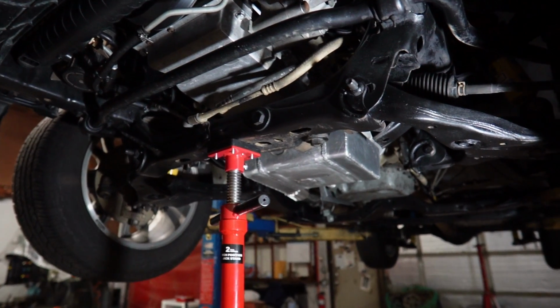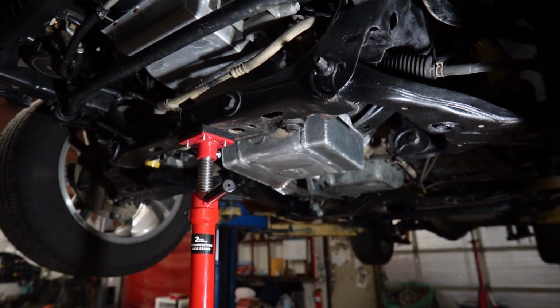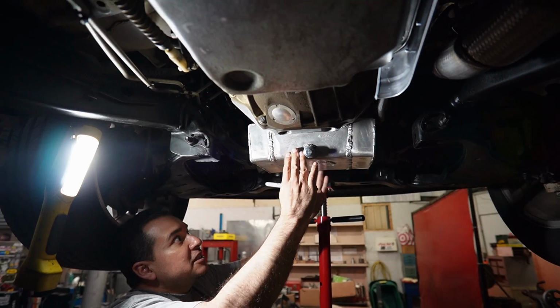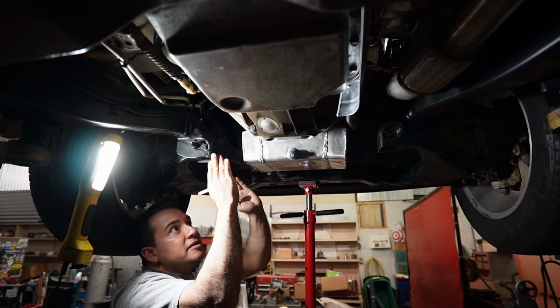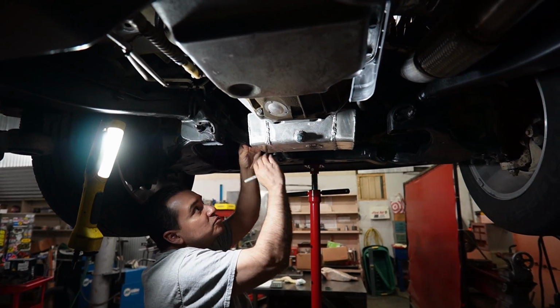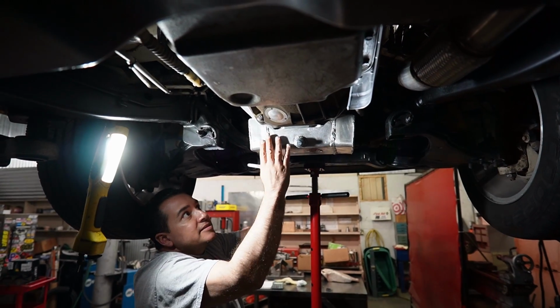This is an M-Tech pan that has been modified. Basically a rear sump like the factory motors on these, the 4 and 5 cylinders. So it clears, if you look, it fits in the spot. This is the stock transmission location, transmission mount. There's 2 cross members, one's on both, and I didn't put it back in because this sump just a little